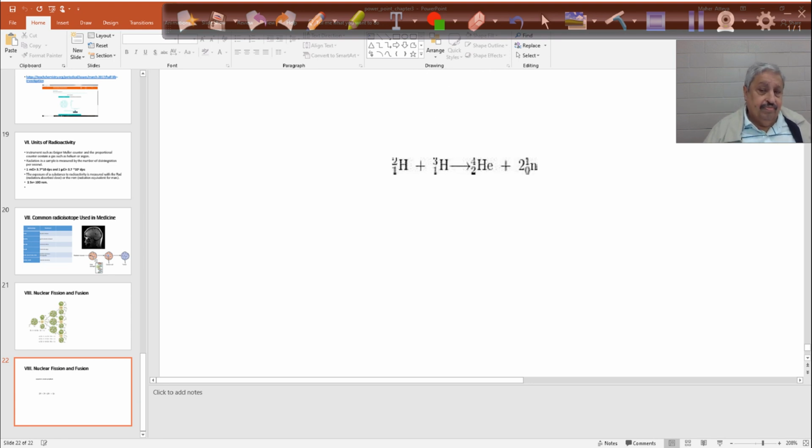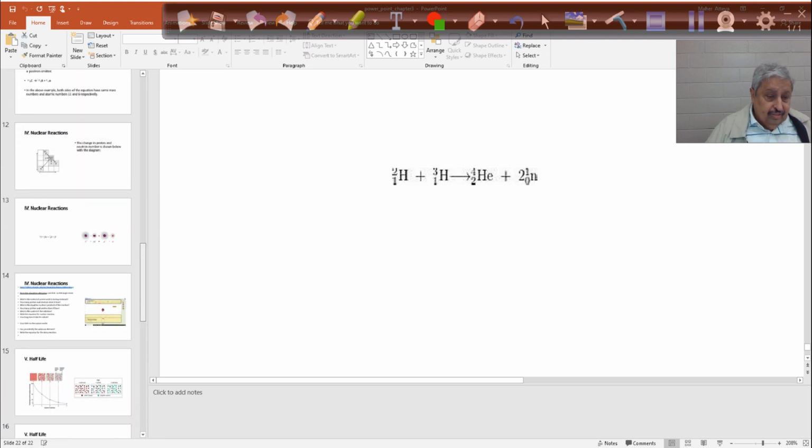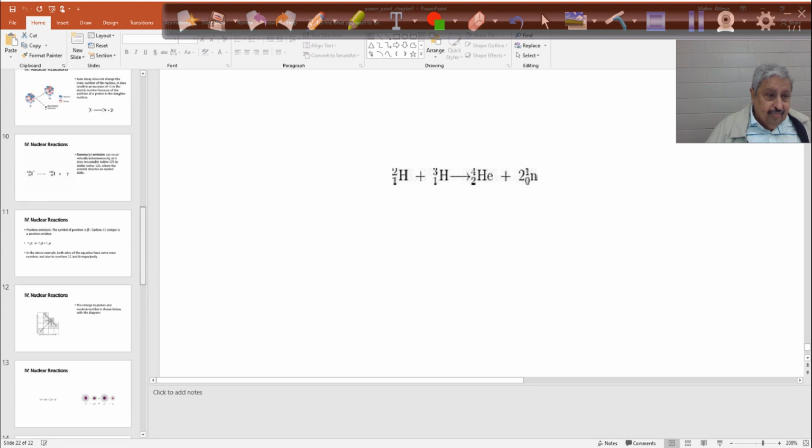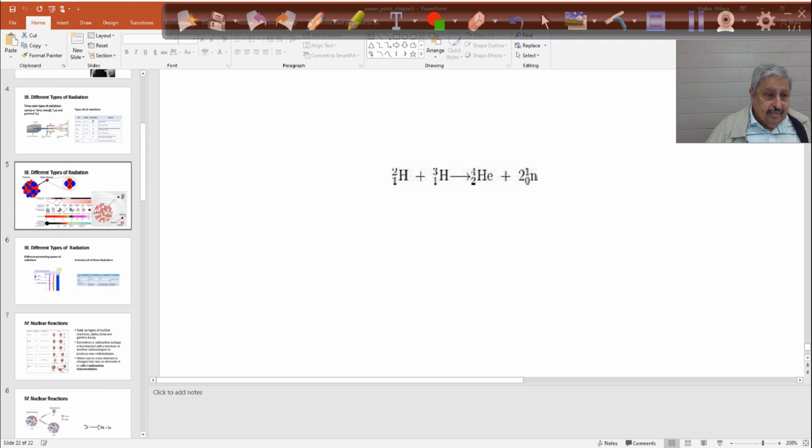That's a fusion. So you don't produce any other nuclear waste. You produce just helium. I told you all the combinations are available. So that's tritium with deuterium together to get helium and neutrons. So, and we'll go for half-life. And I would like to show you in the half-life here a table how long it will take